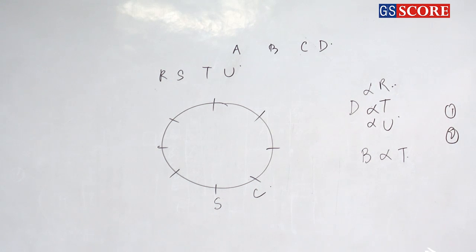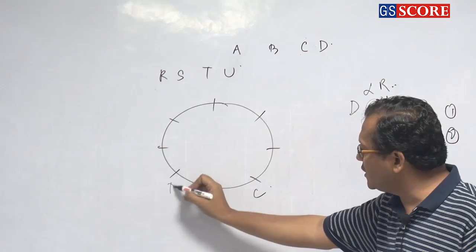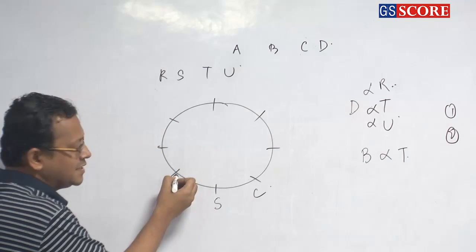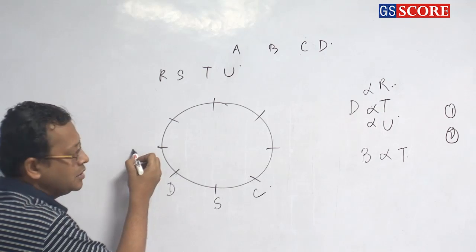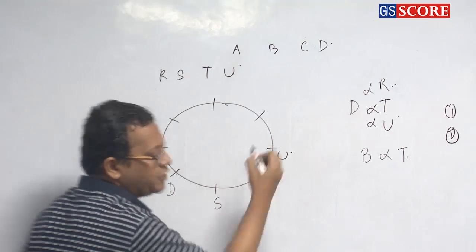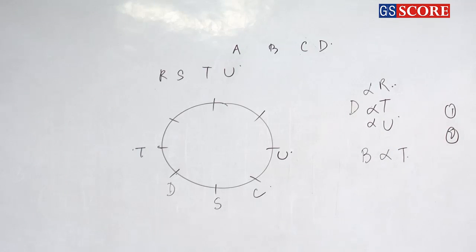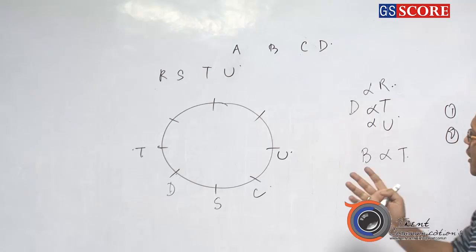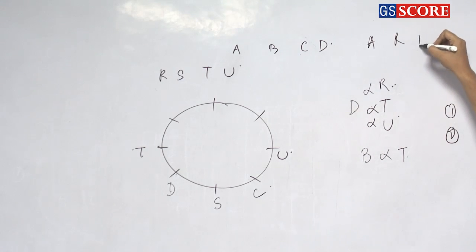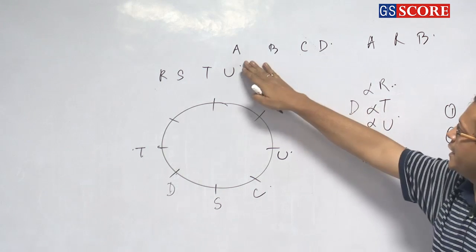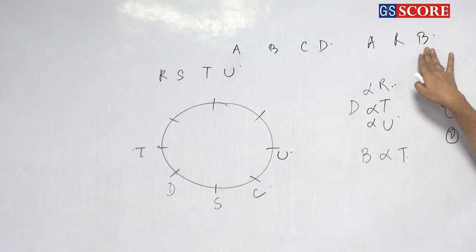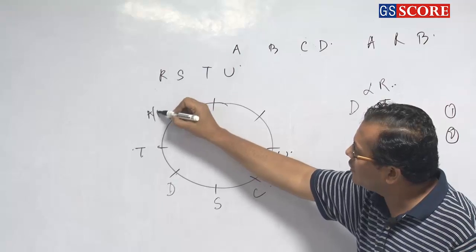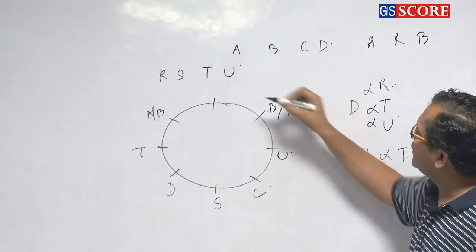Okay. So S is D's husband. So DS will be here. Okay. Which means T, and if this is a lady, this has to be a male. Okay. So T and U face here. Right? So T and U face. And now what are the positions? A, R, B. These are the 3 positions left, of which A and B are females. So A and B have to be here and here. So either A here or B here, or B here or A here. R will be here.